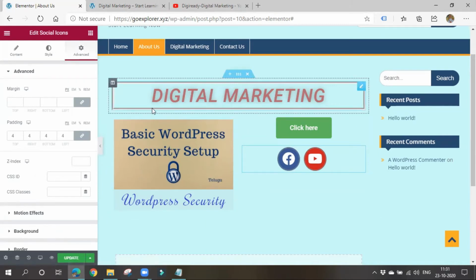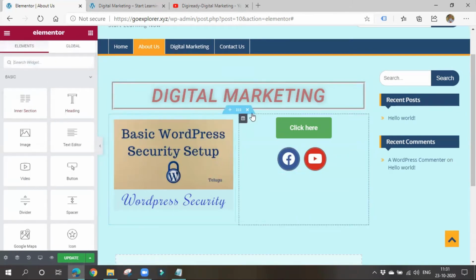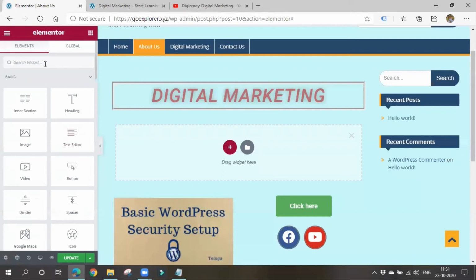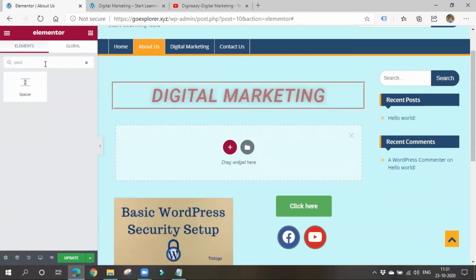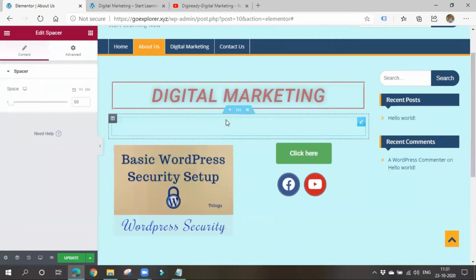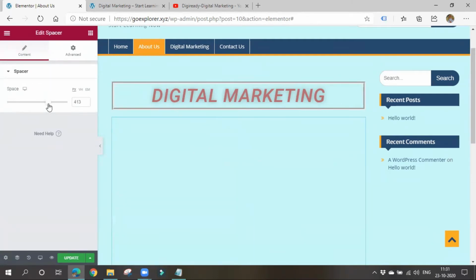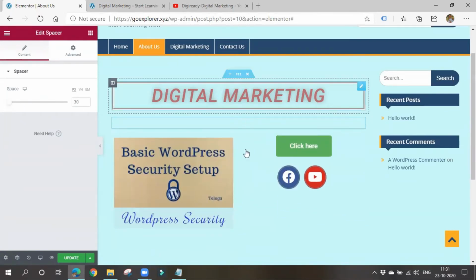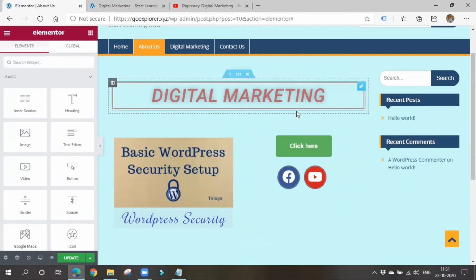Okay, so if you think that the border is too low, means the spacing is not that good, you can also add a divider here. Okay, you can also add a divider. So I'll add one more thing here, and I'll add some divider or some spacer here, so that I'll get some space. So I'll add this thing here, right? So that you can increase some space. See, so you can increase or decrease the space between two columns or two sections. Okay, right?